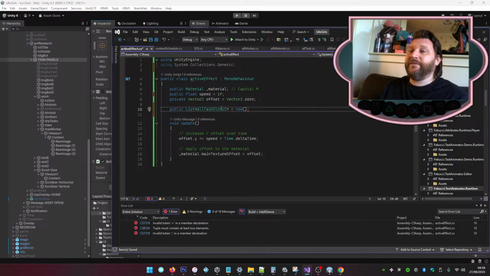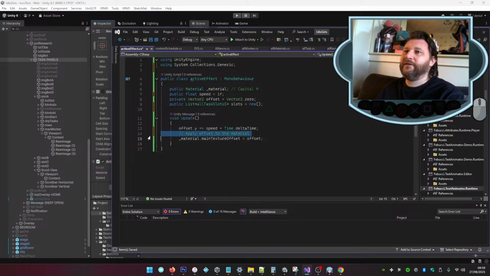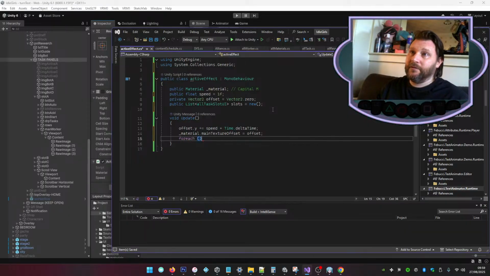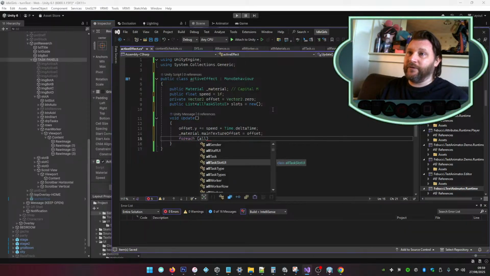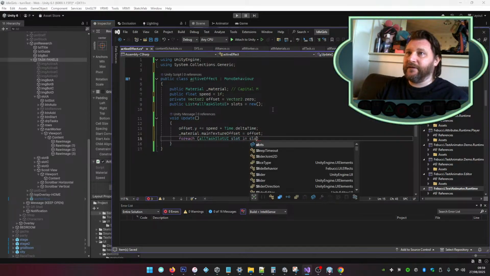We'll assign the 4 task slots, so we'll call these slots, on the UI controller on the parent. And then what we can do is in update, because we already have an update, we don't need those comments. We can say foreach AllTaskSlotUI slot in slots,